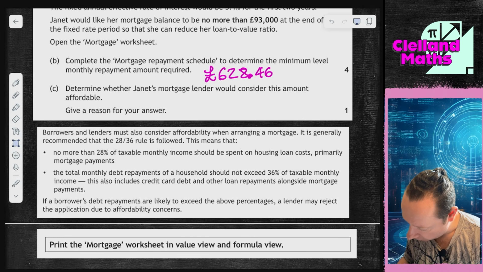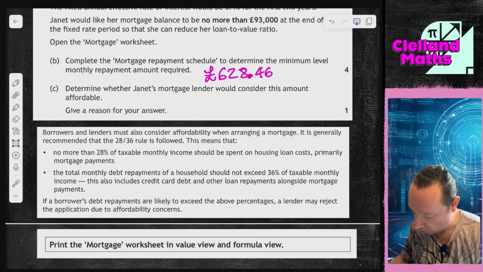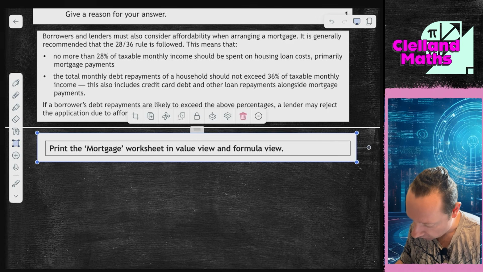Borrowers and lenders must consider affordability. No more than 28% of taxable monthly income should be spent on housing loan costs, mortgage payments. And then the 36 rule is about taxable monthly income, but also debt, loan repayments out alongside mortgage. Well, the question doesn't mention any of that, so it must only be the 28% rule. So if I look at the 28% rule,